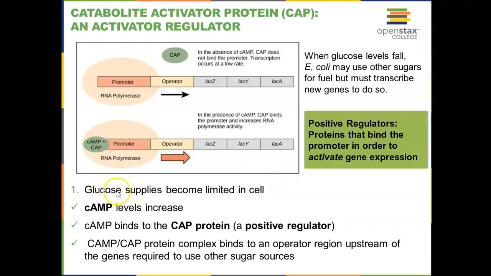If glucose becomes rare inside a cell, we start having larger and larger amounts of ADP, adenosine diphosphate, and if we're really short on glucose, even high concentrations of AMP, adenosine monophosphate. And as that adenosine monophosphate gets converted into a cyclical molecule, which is a signal. It's an internal signal, not a hormone because it's not in the blood, but it's a signal molecule that powers up all kinds of actions inside a cell, and that includes binding to what's called a CAP protein,